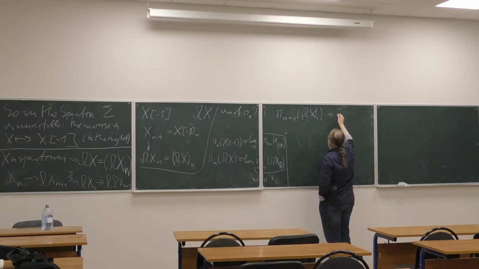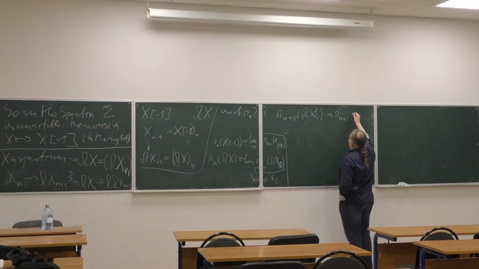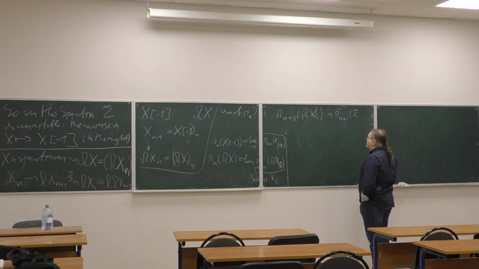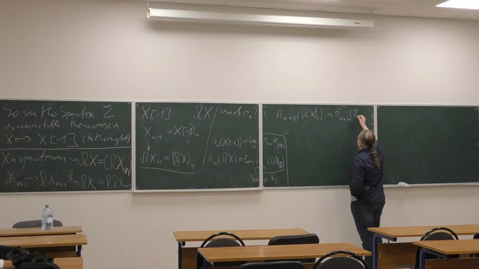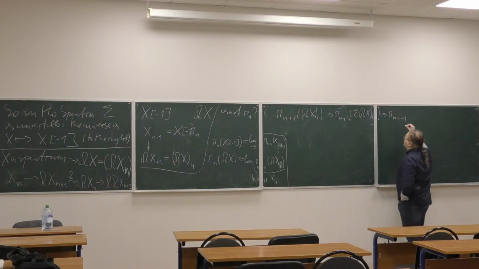Then we need to take the suspension, n plus i sigma plus 1 omega x i. And then we take the pi n plus 1 of